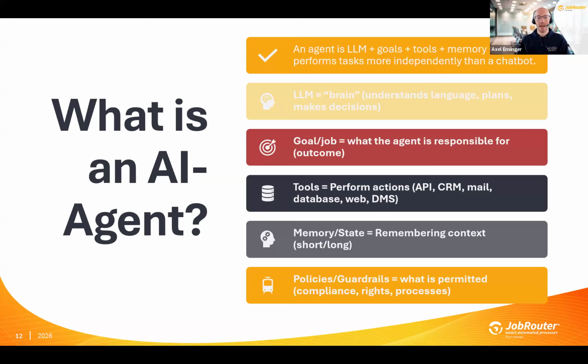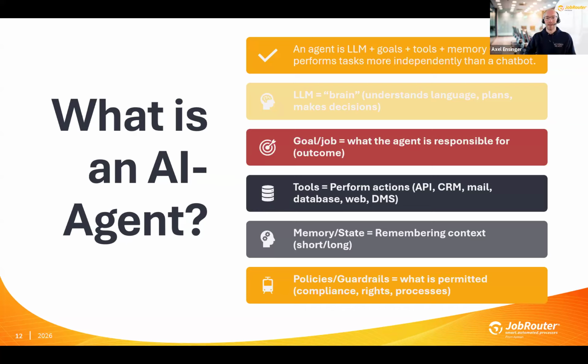But in the end, if you want to actively do something in other tools, he needs tools and access to these tools, like API access, like CRM access, which could be the Salesforce system in the cloud. He needs to access that system and really do things in there, sending out a mail, accessing databases or document management systems. You need the different tools. Otherwise, this agent will talk a lot, but will not do anything.